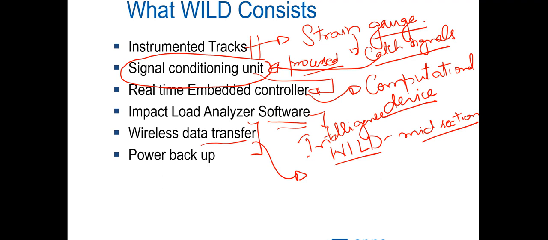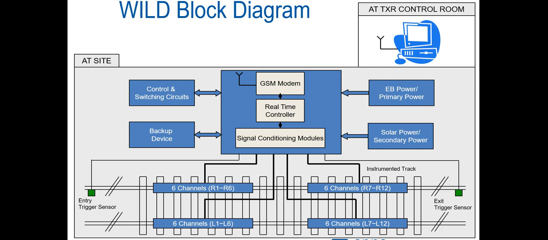And of course, I just said that we are in the middle of nowhere, in the midsection picking up data. In that sort of place, the power supply situation is going to be really bad, so it's better to have a power backup. By the way, one of the WILD installations that we had in Hubli was being powered by solar power. That's the kind of innovation we have to adopt to make sure that this technology works in a smooth manner.